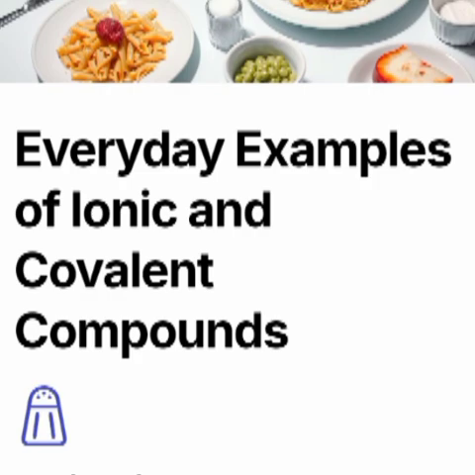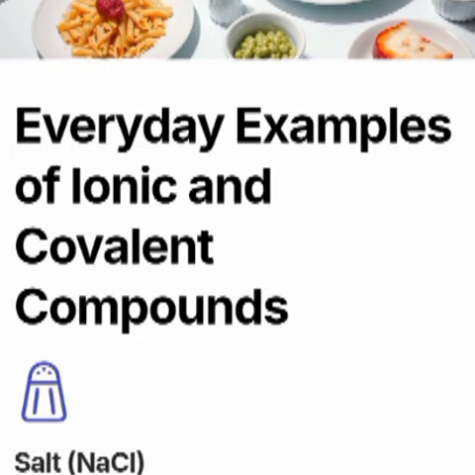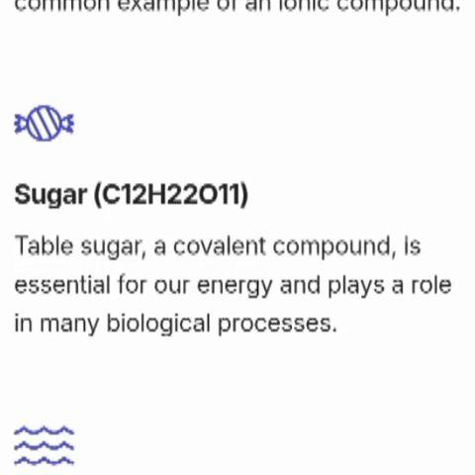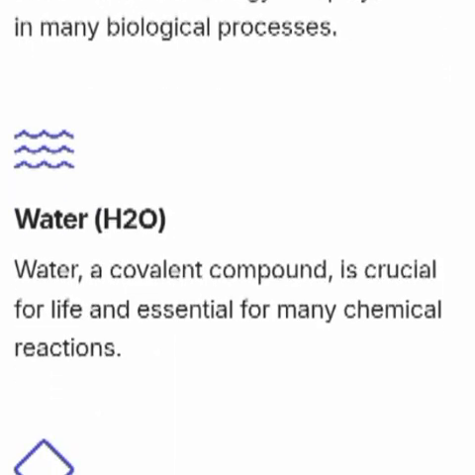Now let's see everyday examples of ionic and covalent compounds. We have first sodium chloride, a stable salt made up of sodium and chlorine. It's a common example of an ionic compound. We have sugar. Sugar is a covalent compound and it's essential for our energy and plays a role in many